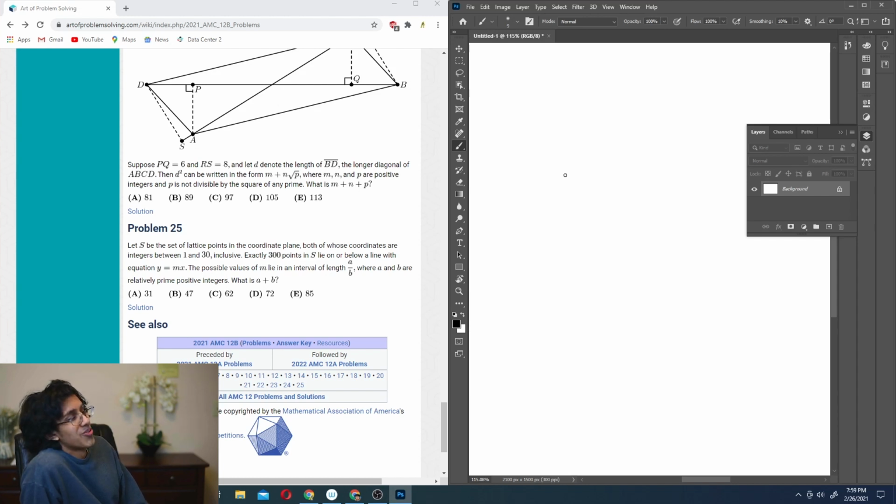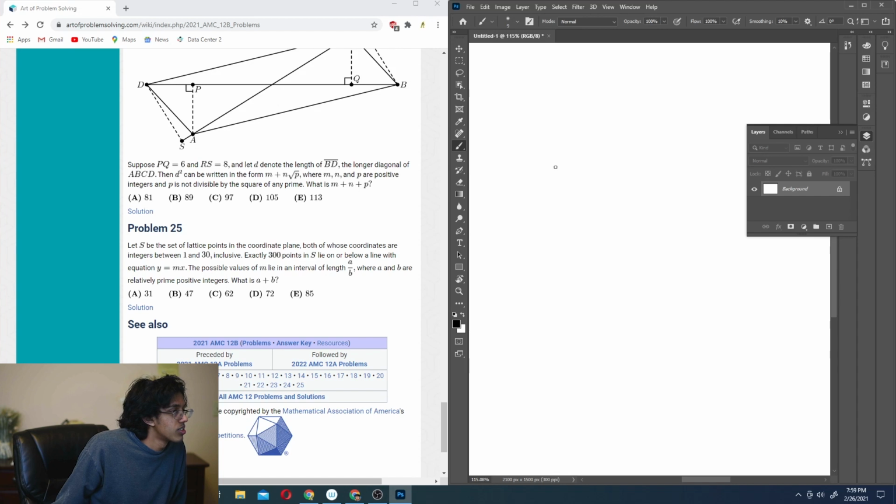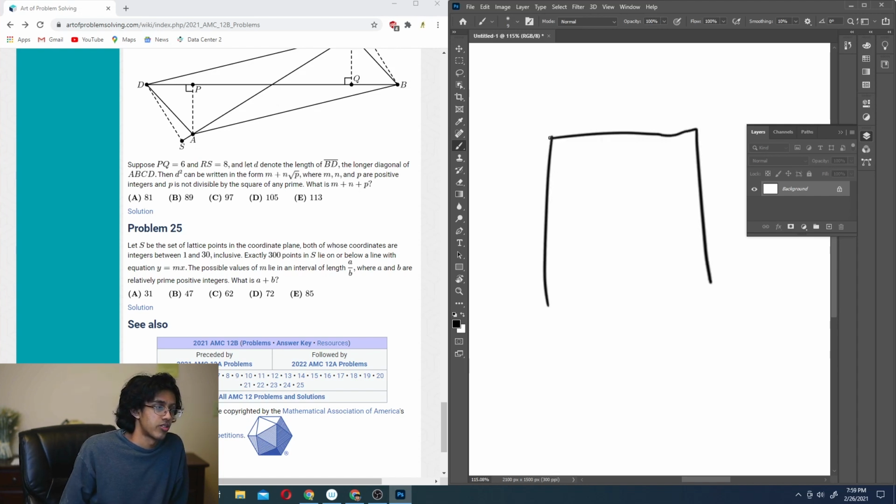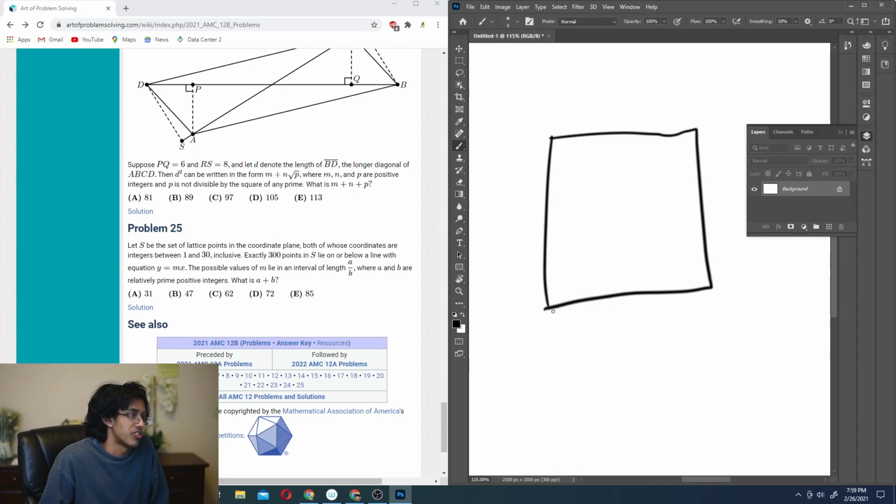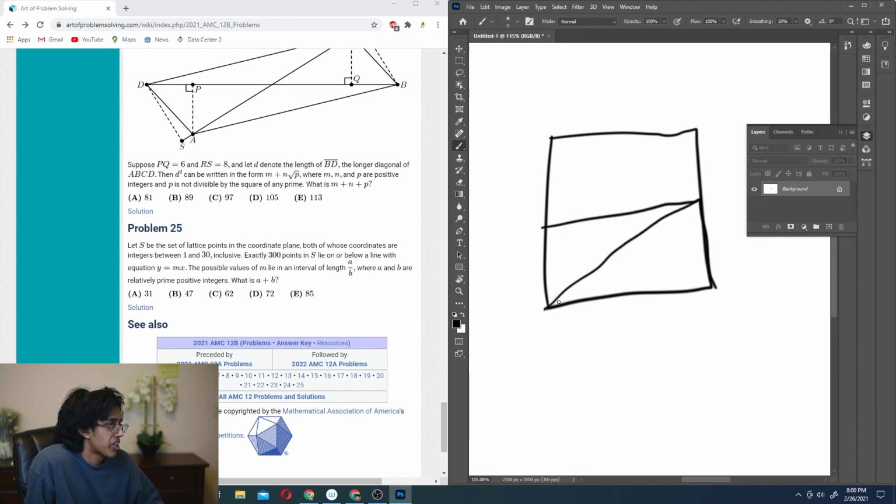There was an equation for this, such an easy equation. It was like, the number of things it goes through is like m plus n minus that. Okay, so I guess we start with this, right? And then, oh, but no, that's only if it goes all the way to the top, right? Okay, so 300 points. So there's 900 points in 1 to 30.